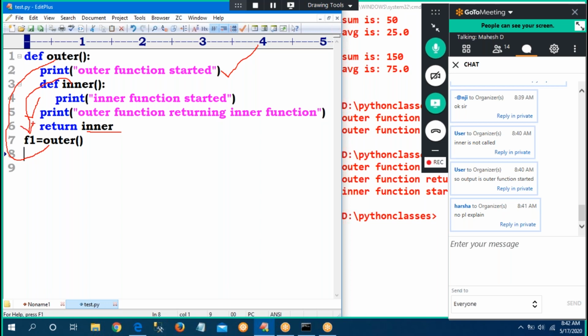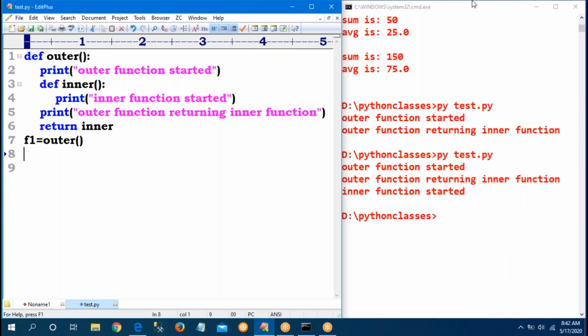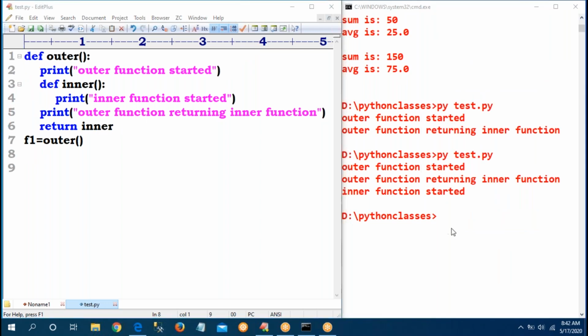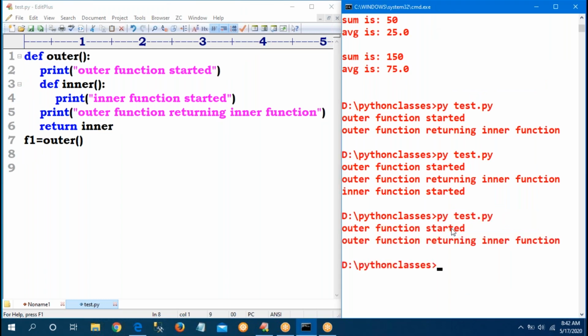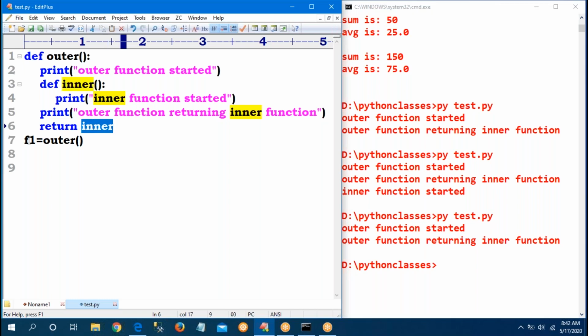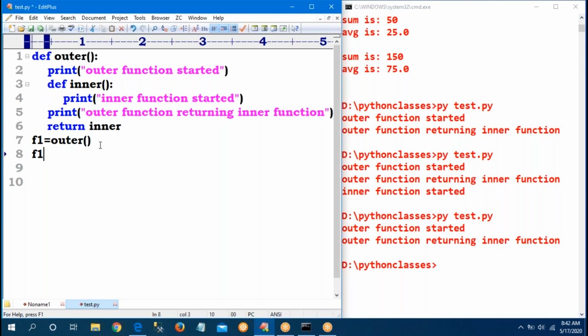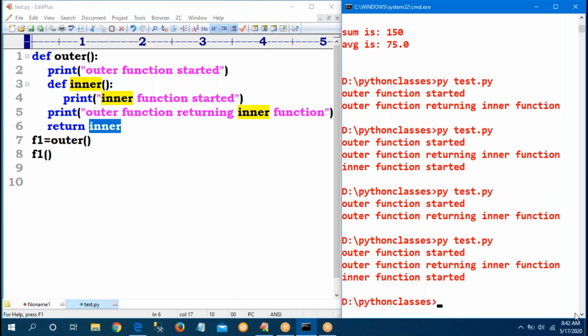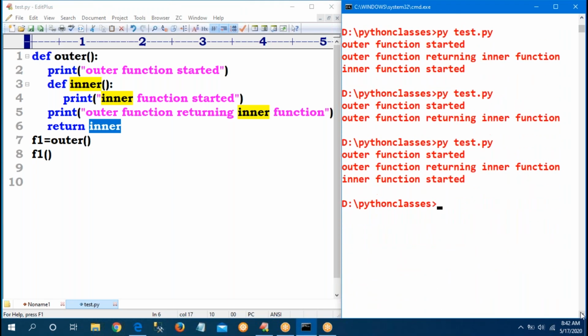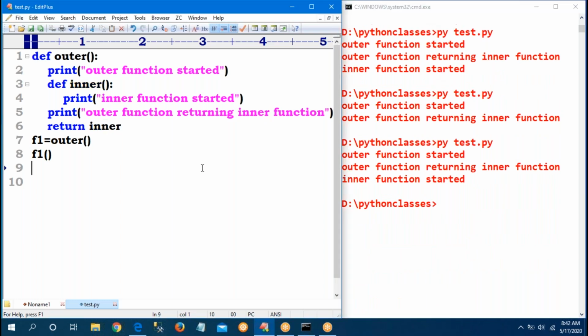I'm not calling F1. That's why line number 2 and 5 will be executed, because I'm not calling the inner function. Sir, the returned function will be available in F1. Whenever I'm calling F1, I'm returning inner now. Now I'm calling the function. Now the inner function also started.